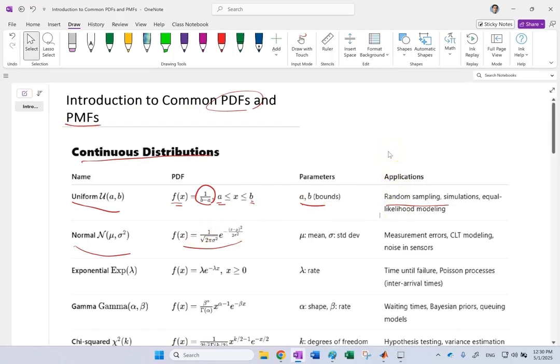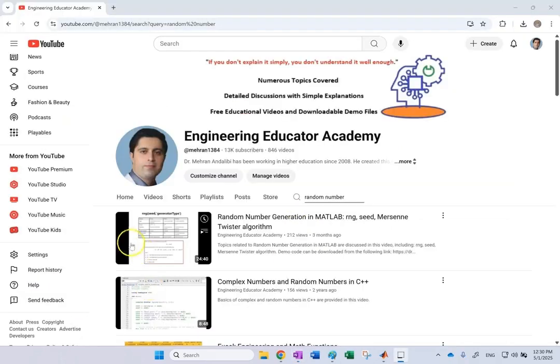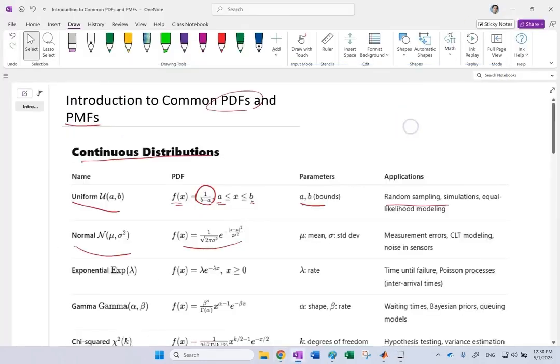Now, if you want to know how a random number generator in MATLAB or any other software works, I have a video under my playlist MATLAB. Let me show you. That's this one here. It's called Random Number Generation in MATLAB, RNG seed, and then this algorithm called the Mersenne twister. So here I talked a little bit about theory and some parameters for the random number generation in MATLAB. So if you want to know how you get a random number generator with the command rand, as I said in MATLAB,